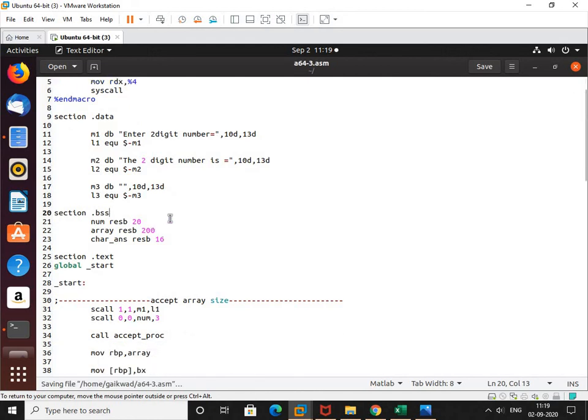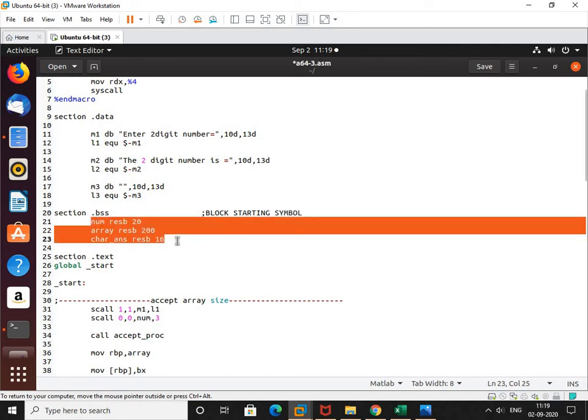Next, in section .bss, this BSS stands for block started by symbol. Now, I have declared three variables here using reserve directives in which I am going to take input at runtime.